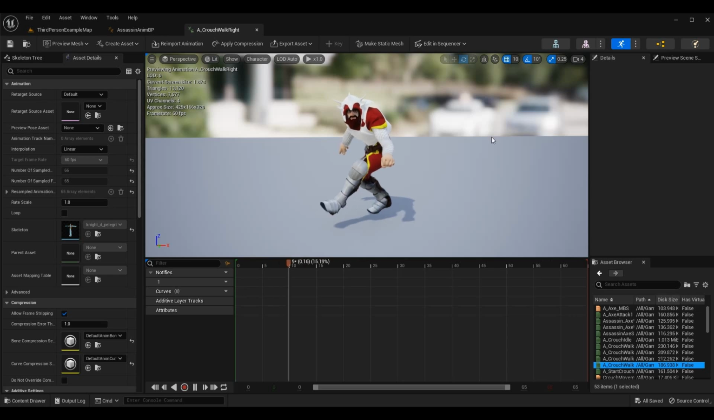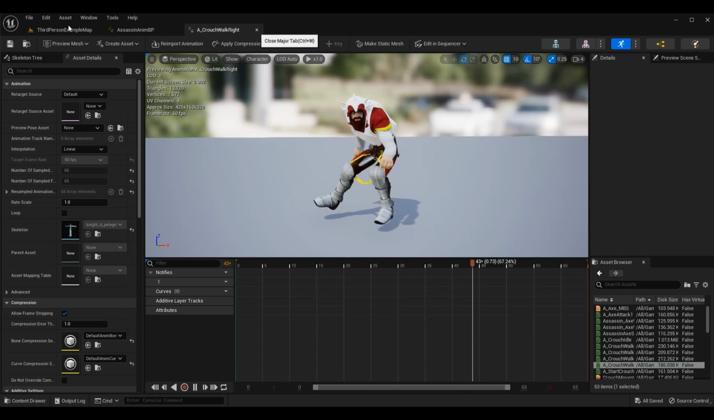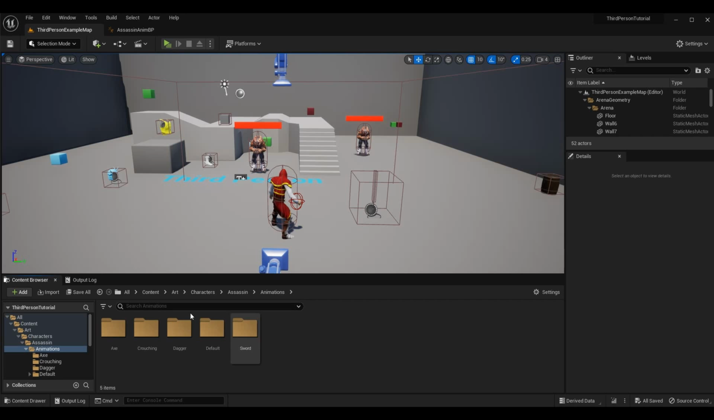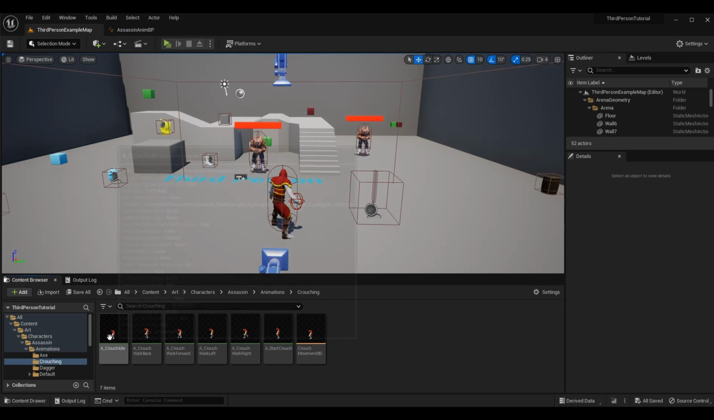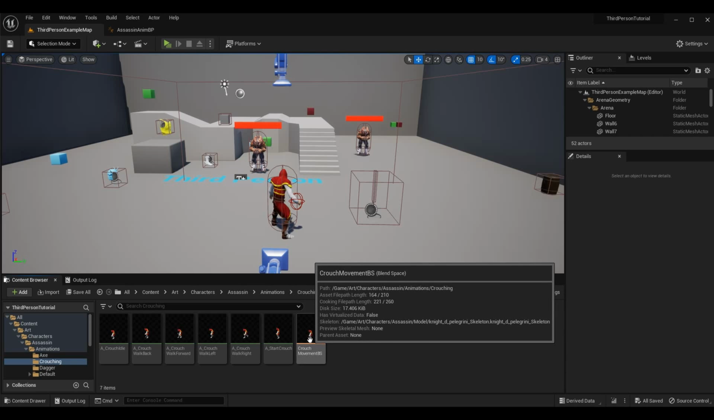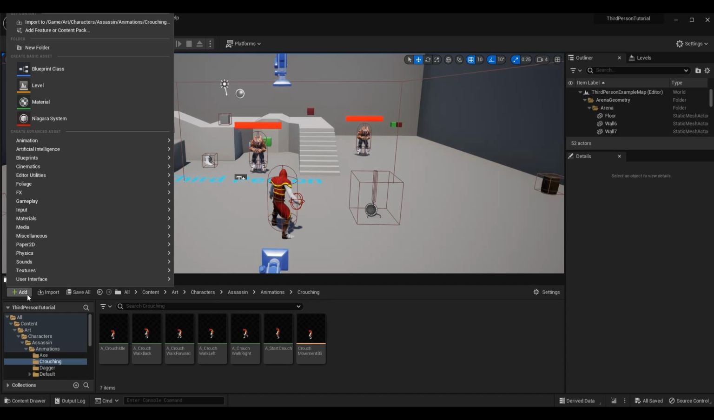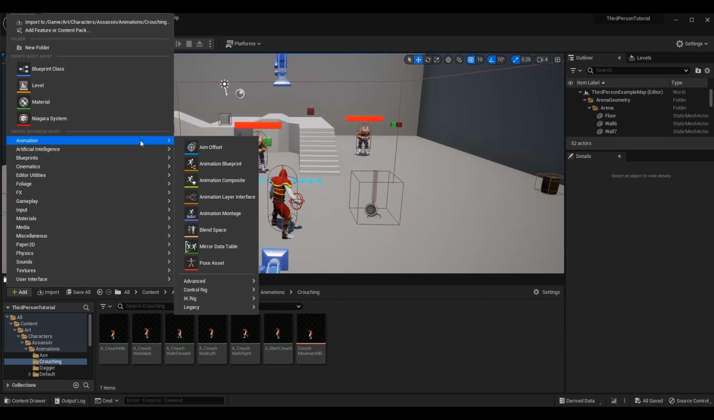Once you have at least the idle and the directions though, you can make your blend space. So let's go into where we want to create our blend space. I typically put it with my animations. So I have a crouching folder where all my crouch animations are, and I made my crouch movement blend space in here. Now, an easy way to add a blend space is to go to add, and go to animation,